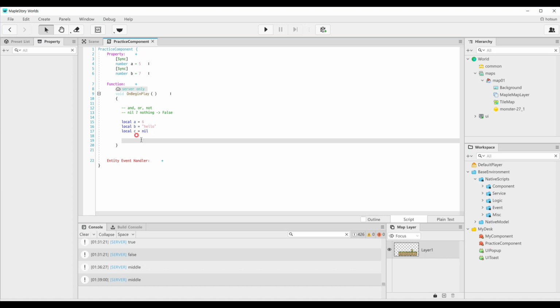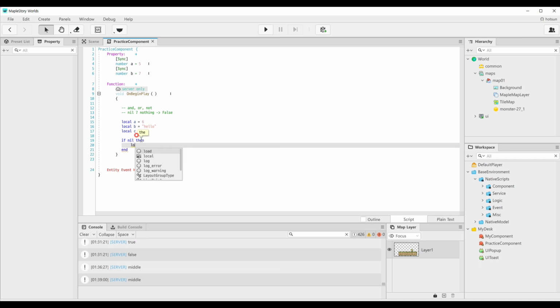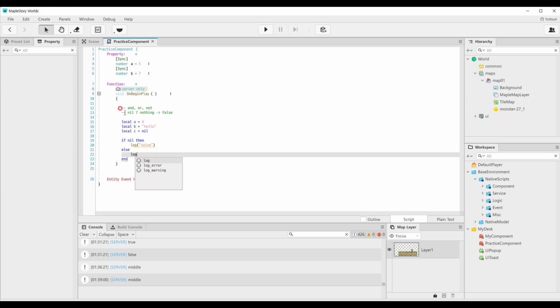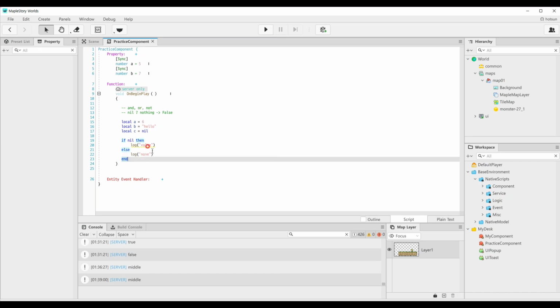Now, if this is nil, then log value. If it's not true, if this statement is not true, I'll say log none. And also